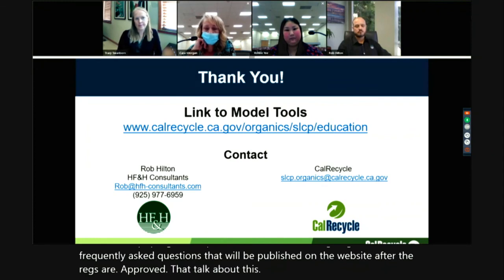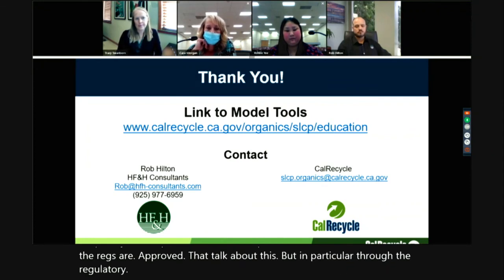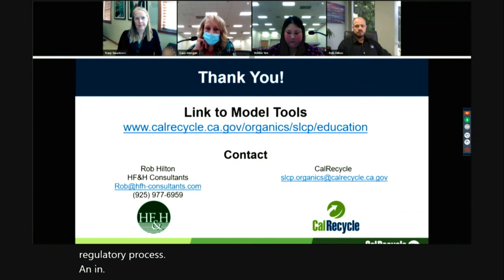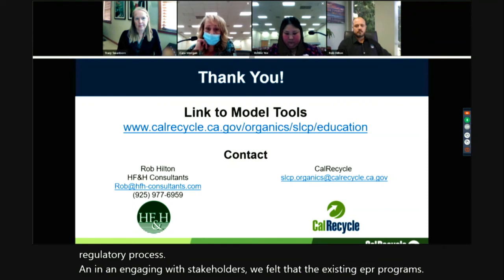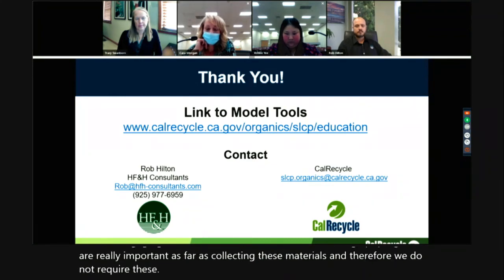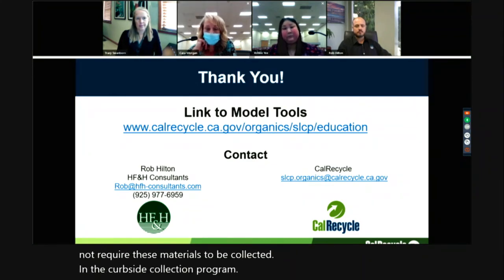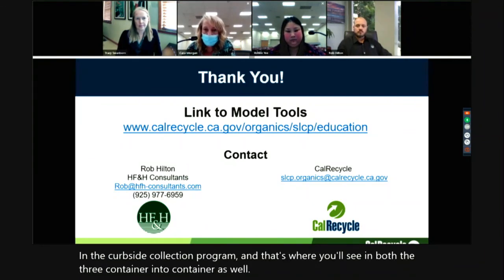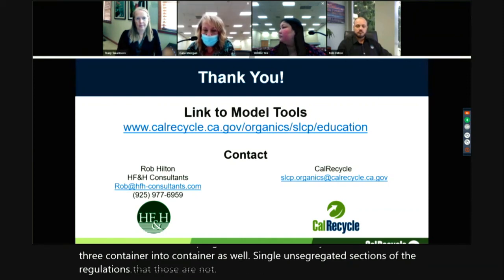But in particular, through the regulatory process, in engaging with stakeholders, we felt that the existing EPR programs are really important as far as collecting these materials, and therefore we do not require these materials to be collected in the curbside collection program. And that's where you'll see in both the 3-container and 2-container as well as single and segregated sections of the regulations, that those are not required to be collected.